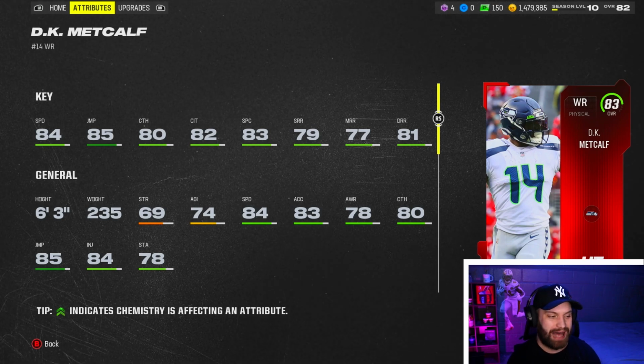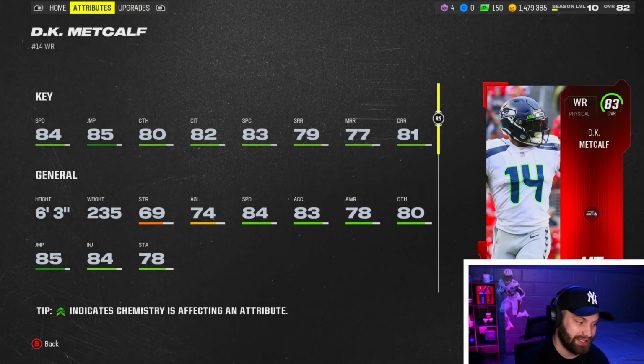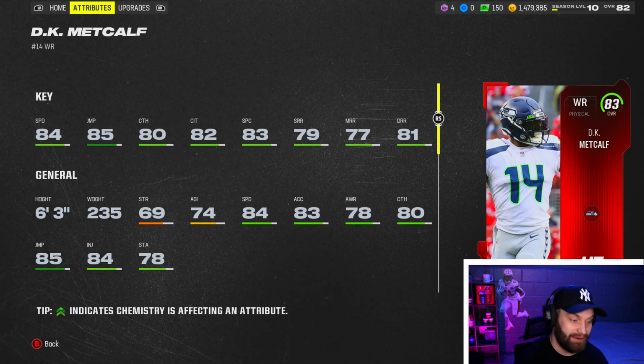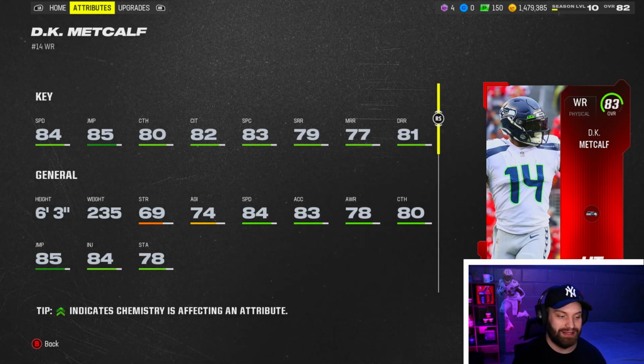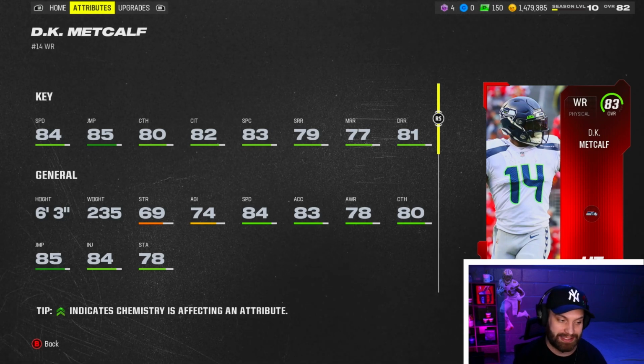I wouldn't throw him in the slot or anything like that because the 79 short, 77 medium. But looking at a 6'3", 235-pound wide receiver that sits at 84 speed, he definitely has the physical traits, just lacklusting a little bit in those little route running stats, which definitely doesn't help a lot in this game. But he's been great for me. I moved him to the slot, definitely struggled, had to put him back on the outside,